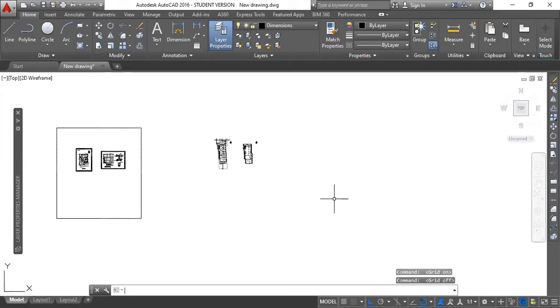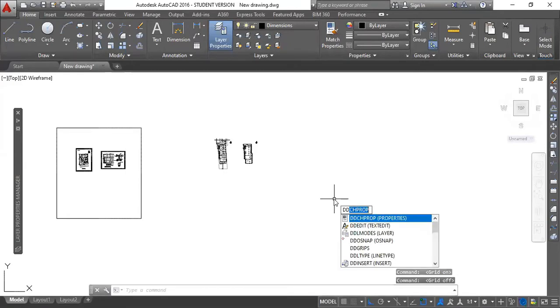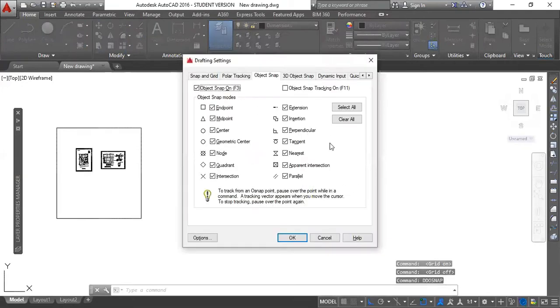Okay, so these are the very basics I can say. Then I have also told you about the snap option that you can also do from DDOSNAP, where you can select this. That is the same thing I have shown already.